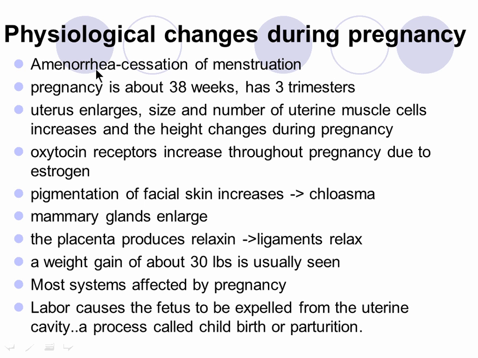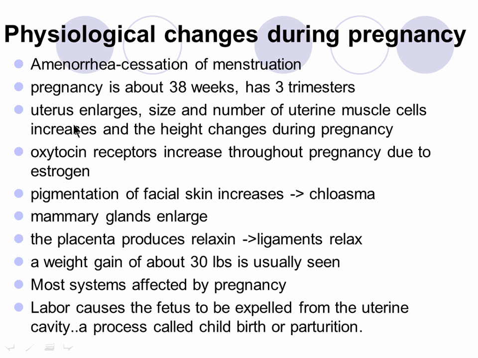A woman knows she's pregnant when she misses her period, right? So that's stoppage of menstruation. That is known as amenorrhea. Menorrhea is bleeding, amenorrhea, no bleeding. Pregnancy is usually about 38 to 40 weeks. And as I said earlier, we have 3 trimesters, meaning it divides into blocks of 3 months, first, second, and